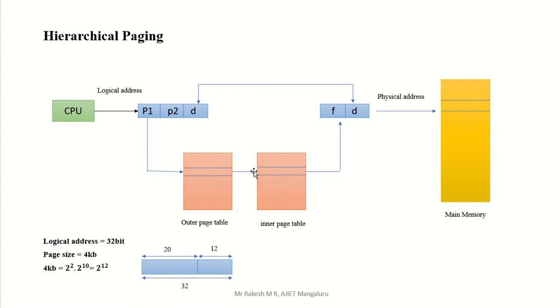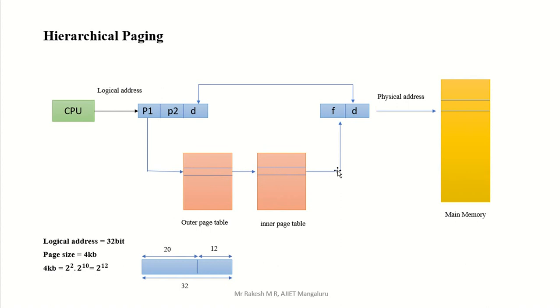That means here we have to search for that particular address or number. Somewhere else here we are going to get our page number. So inside this page table, in this address, we are going to get our frame number. We are not getting the frame number here. Again I will repeat: from the outer page table we get one number or address. That address is searched in another page table. There we get the frame number.